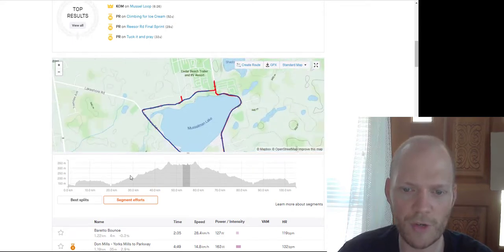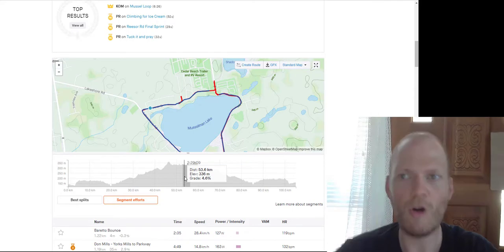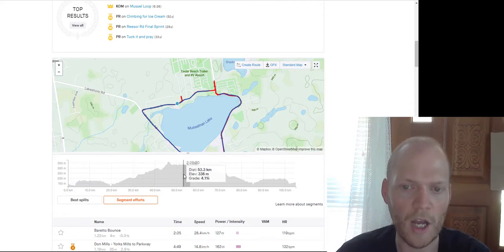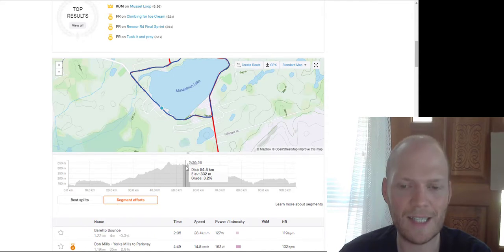So yeah, it was a little bit tricky, and then I had this left turn, which of course, I'm driving in Canada, so that's essentially cutting across any traffic. It's not like a right turn here where you can just swing out pretty much, or like a left turn in the UK where you can just swing out. So I had that, and then believe it or not, it doesn't really show, but there's actually some nasty steep and short little hills. So I was going over those as well,